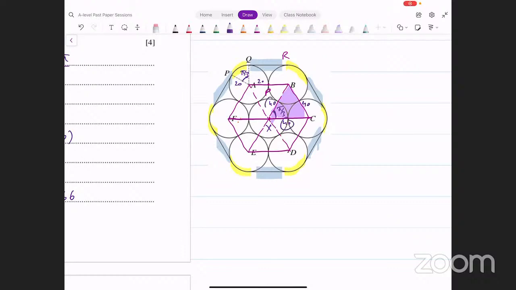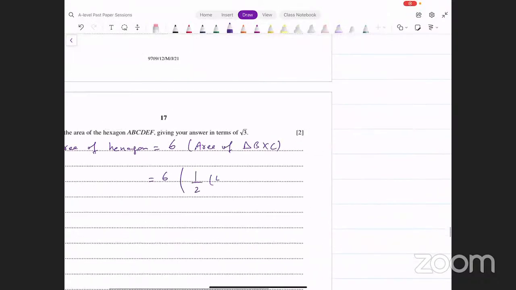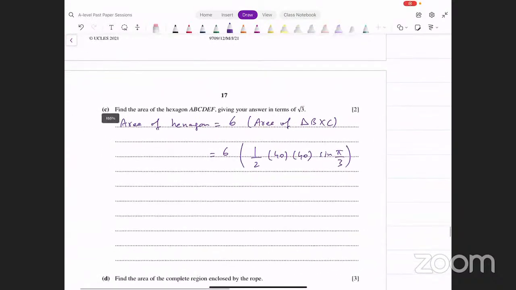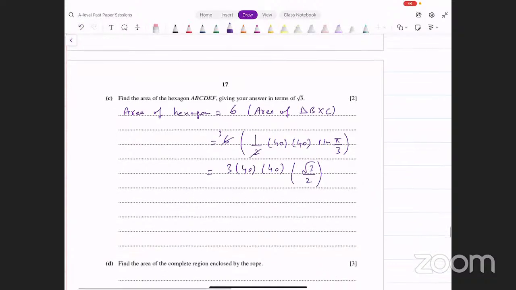हाफ AB sin C, दिस इज 40, दिस इज 40, दिस इज π/3 एंगल। हम क्या करेंगे? हाफ A that's 40, B that's 40 into sin of π/3। ये इवैल्यूएट कर लें। अच्छा, जब भी उसने एग्जैक्ट आंसर आपसे मांगा हो, आपने क्या करना है, ये स्टेप बाय स्टेप दिखाना है उसको, ये प्रोसेस सीधा कैलकुलेटर से इवैल्यूएट नहीं करना। ये sin π/3 की वैल्यू पहले आपने उसके अंदर इनपुट करनी है खुद से। ठीक है, अब इस तरह करेंगे 3 into 40 into 40, sin π/3 की वैल्यू क्लियरली दिखानी है एक्सप्लिसिटली कि ये क्या है, स्क्वायर रूट ऑफ 3/2। ये कैलकुलेटर से निकालेंगे आप, लेकिन इसको लिखेंगे अलग से पहले।